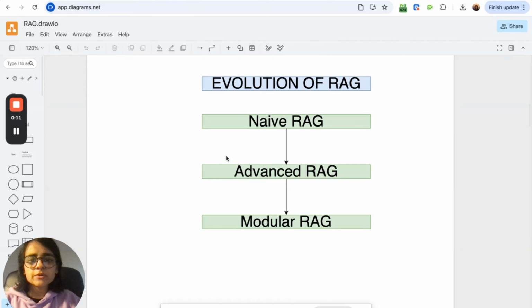In this video, I'll be discussing how RAG evolved from naive RAG to advanced RAG, and then we'll take a look at modular RAG. I've already discussed how a naive RAG looks like in one of the previous videos and how to build a typical RAG pipeline from scratch. If you haven't watched that video, please go and watch the video that is linked here. And in this video, we'll take a look at the problems that exist with naive RAG and how advanced RAG and modular RAG are solving those problems. So, without wasting any time, let's get started.